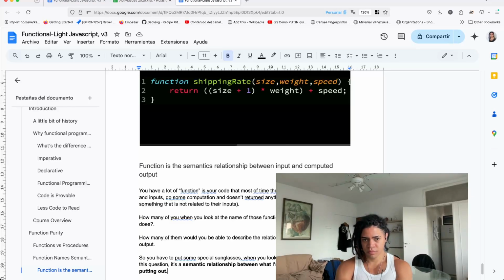How many of you have heard the term side effects? What we're scratching at here is that in functional programming, for there to be a function, it's got to not have side effects. But what does that really mean? That term gets thrown around a lot. What do we really mean by that? Well, it's more than you